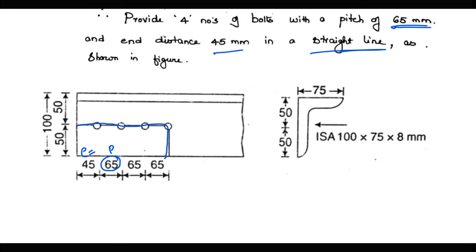Okay, but besides this block shear failure, please go through the previous videos in which I have explained about each and every failure in separate videos. This plate can fail by yielding, by rupture, or by block shear. If it is going to fail by block shear, this is the failure plane. It passes through the bolts, and this is plane 1 and this is plane 2 in case of angle sections.